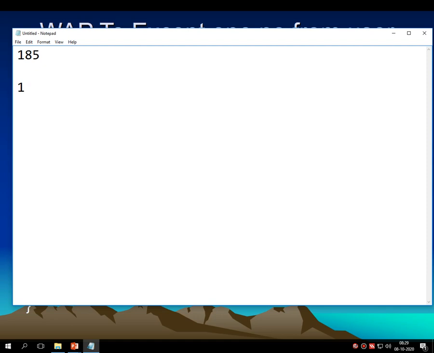Then my program should perform this addition: 1 plus 8 plus 5. Whatever the output of this 1 plus 8 plus 5 will be printed onto the screen. That is 8 plus 1, 9, 10, 11... So the output will be 15 onto the screen.